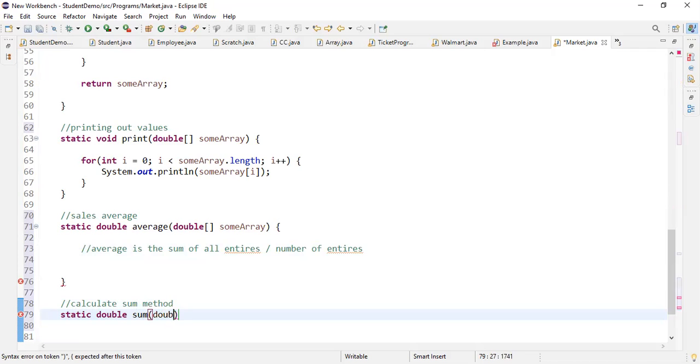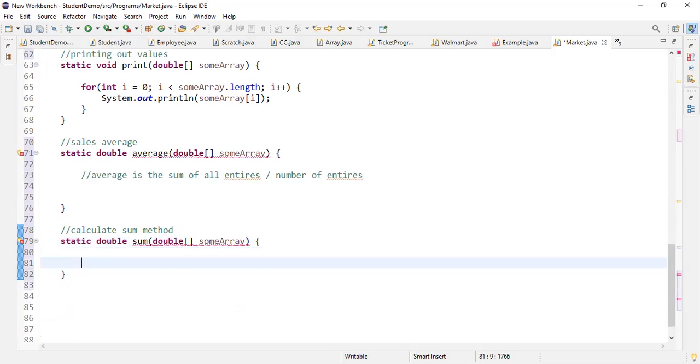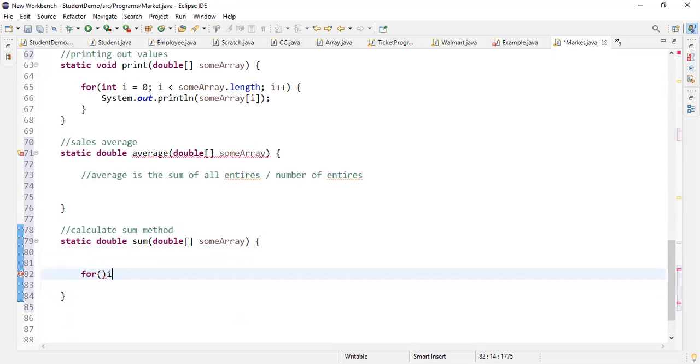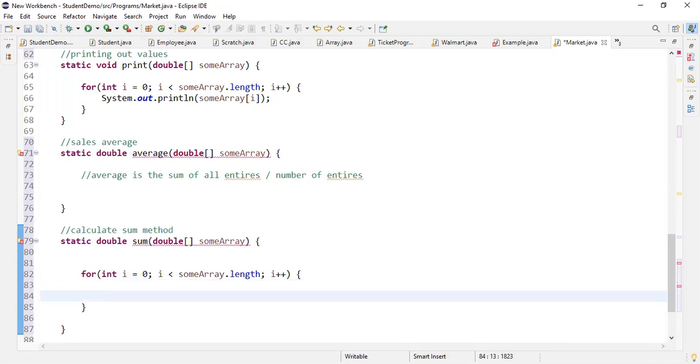which is going to take in an array and calculate the sum of everything that's inside that array. So we want to add each element to itself. So we're going to first, of course, iterate through. And as we iterate through, we're going to have this variable called sum. And sum will essentially equal the array,